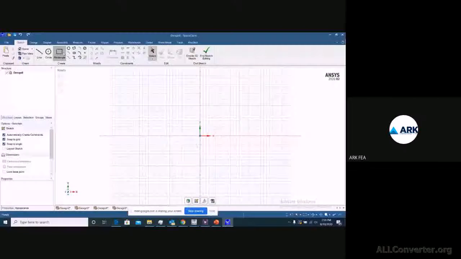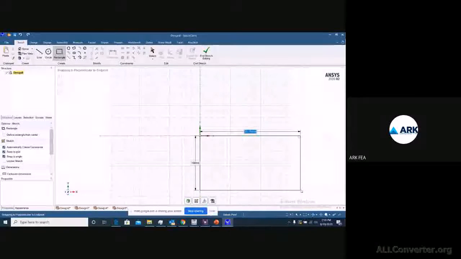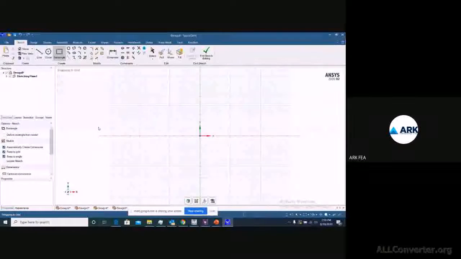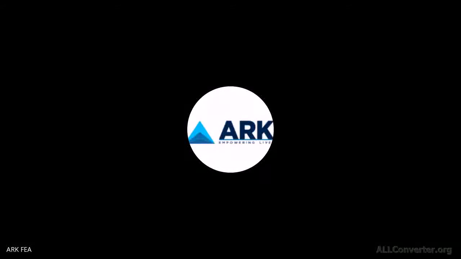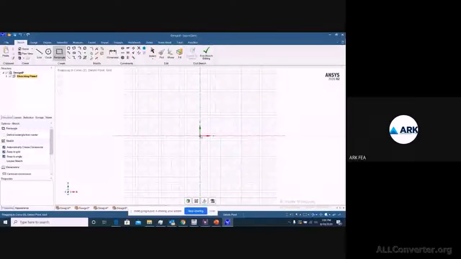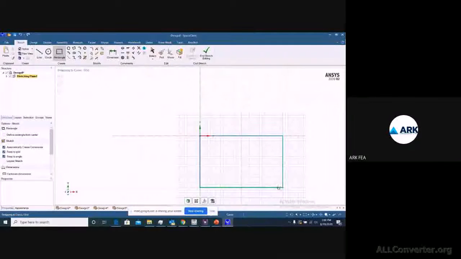Right, so we'll sketch now a rectangle of, oh, the dimensions have not yet reflected. I need to click on OK. Click on OK here, right? Then we'll start. Now you can see we are getting inches.